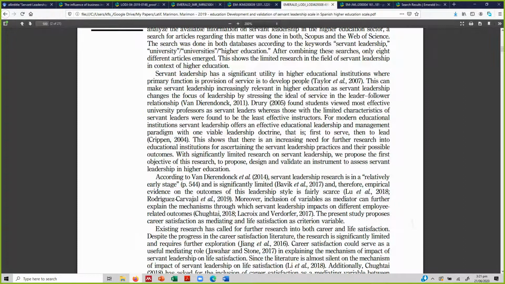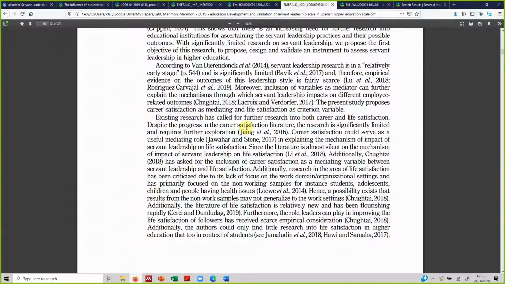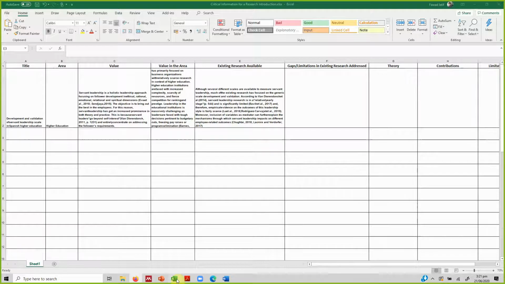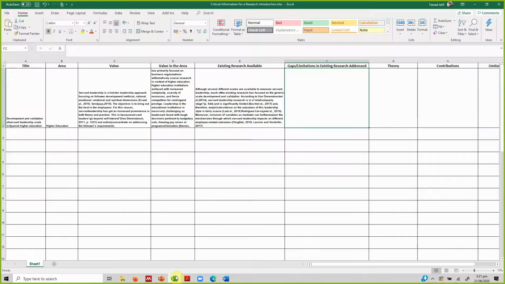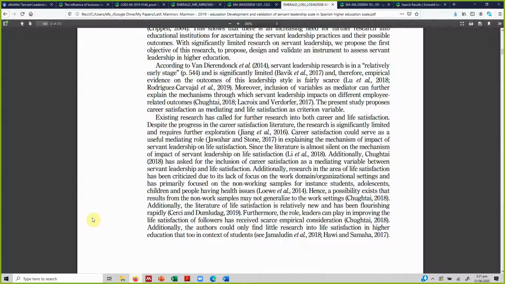Now if I go down the paper, there is existing research on career and life satisfaction as well, because these are the mediator and the outcome variable in the study respectively. So what are the limitations pertinent to these variables? When you read through this, you can easily identify and copy it into your Excel sheet. What gaps and limitations did they address? While you are reading the existing research, most of the time researchers have mentioned that these are the gaps that they are going to fill. So in this case,